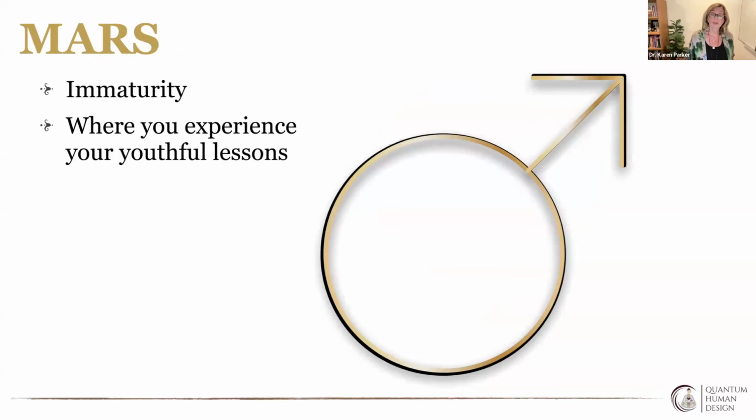Your Venus is going to tell you a lot about what you value and what you really value and love in your relationships. Mars is kind of like where we have immaturity and sometimes impetuousness, and where once we mature and grow in our maturity, it's where we can use our youthful lessons as our way of teaching and a place where we lead others. So Mars represents lessons that we need to learn in order to mature so that we can become better leaders in our lives.